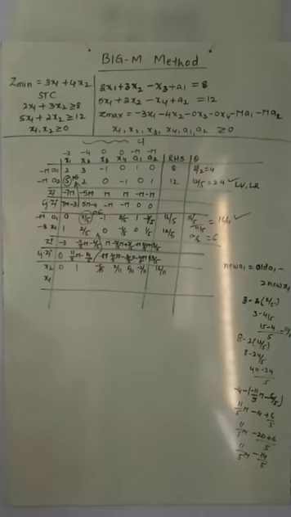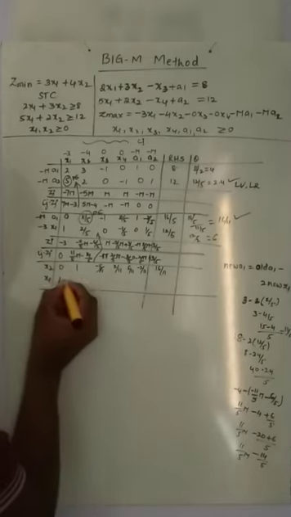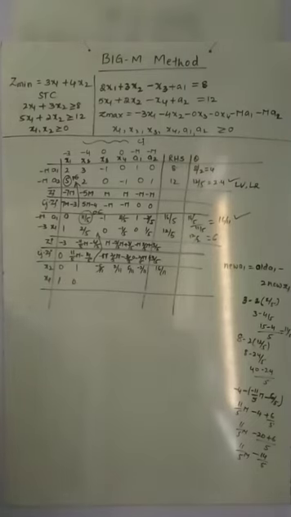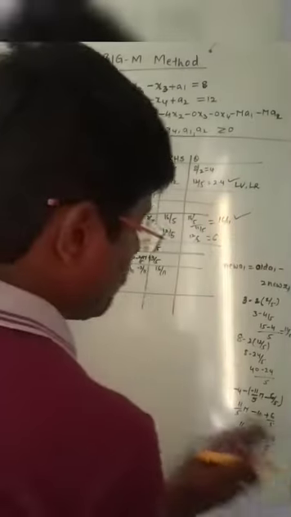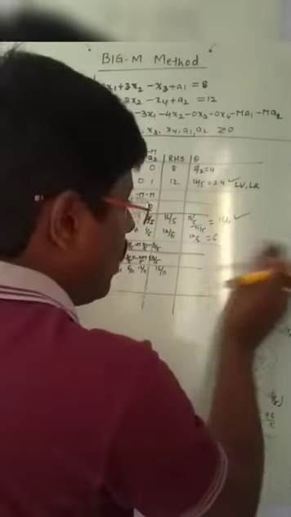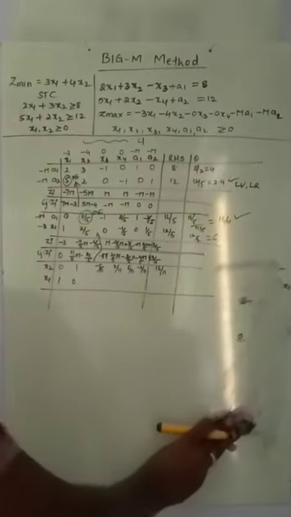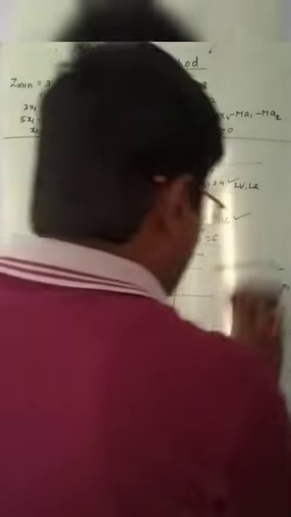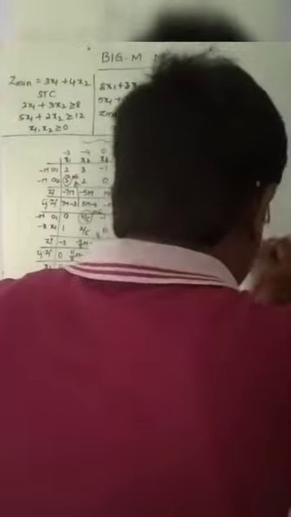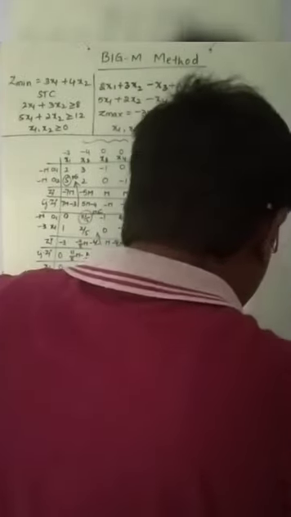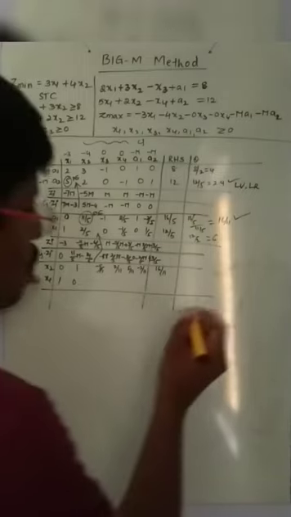Okay, already you know that x1 and x2 are the basic variables, so it has to maintain the identity matrix. We need to get 1 and 0. To get these values, what operation do you have to do? In order to get 1, 0 in this place, you have to do a row operation, that means addition, subtraction, multiplication. Okay, in order to get a new x1,